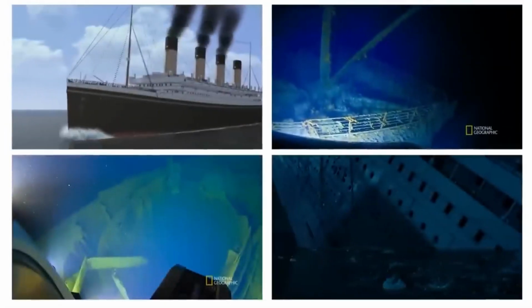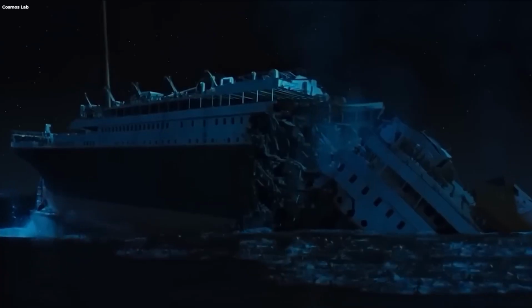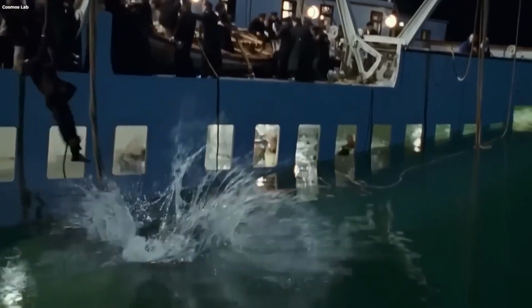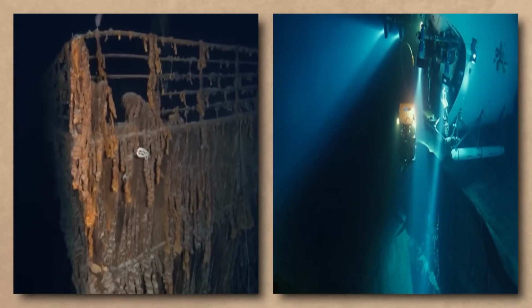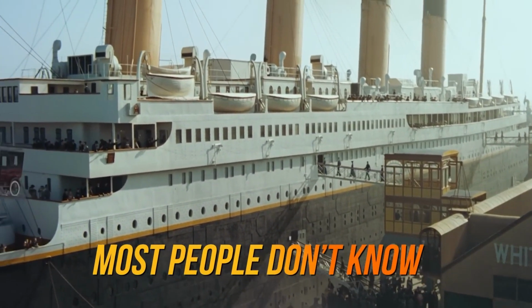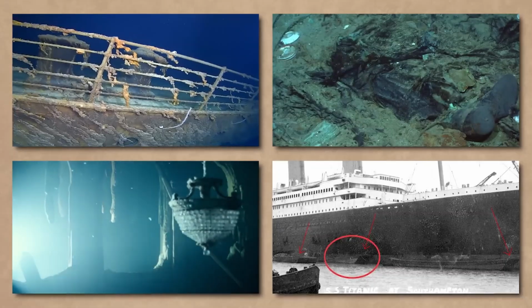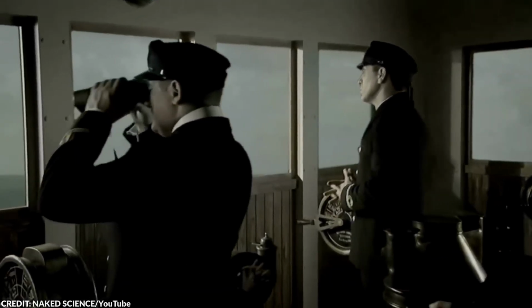Join us on this epic journey as we explore remarkable images that preserve the history of this momentous event, offering an in-depth tour of the occurrences before, during, and after the disaster. In a never-before-seen discovery, we delve into the contents of an old camera found deep in the ocean, revealing horrifying Titanic photos. While you won't find skeletons, since bones dissolve rapidly at such depths, these images uncover hidden aspects of